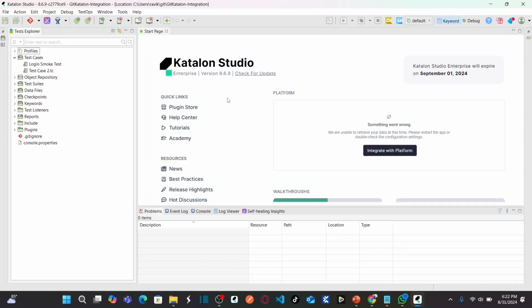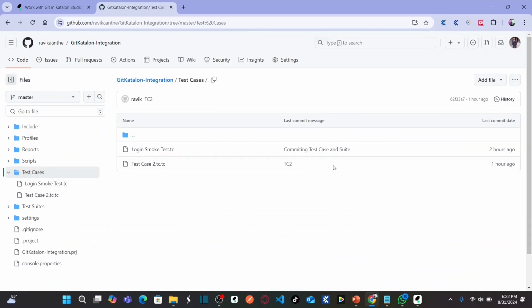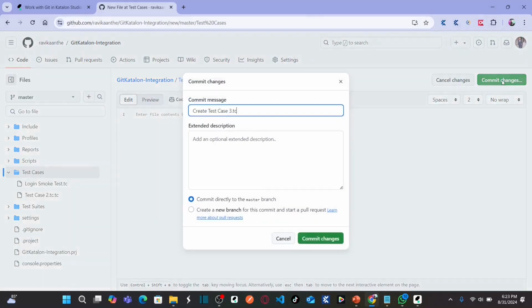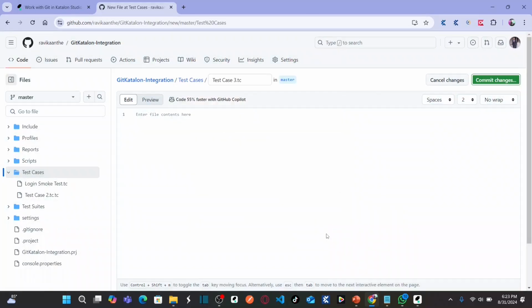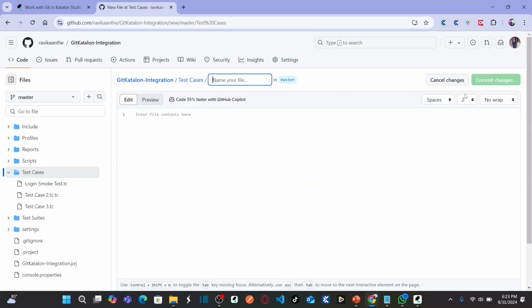So before we fetch the changes, let us go to the Git repository and add another test case here. Okay, go to the test case folder, add file, create new file. Let's say I would like to add test case 3.tc, commit changes, done. And I would like to add one more file here, test case